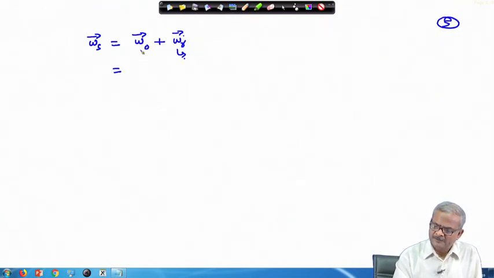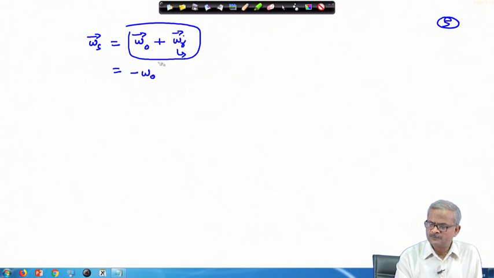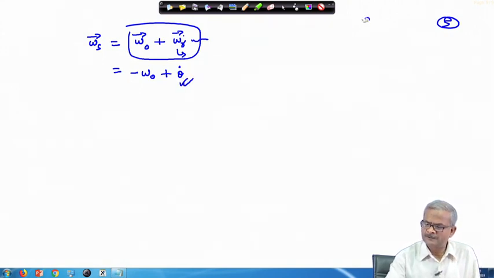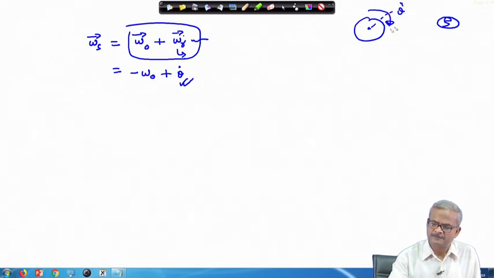And therefore, while we write here, we convert it in the same frame. So, it becomes omega 0 with a minus sign. If we put a minus sign here, that becomes along the 2 direction, and plus omega r. Omega r is nothing but your theta dot, if we are looking only at the pitching one. So, theta dot is with respect to the orbital frame. So, theta dot is along the 2 direction.